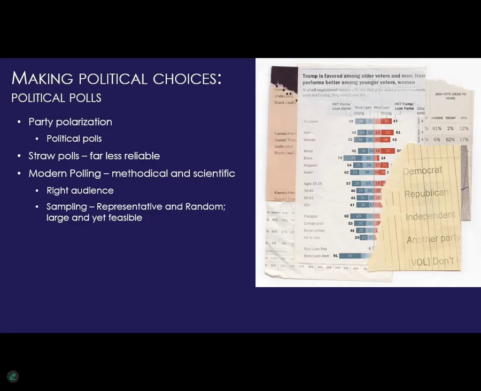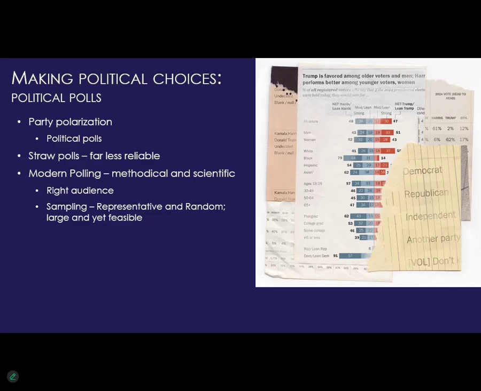And then my sampling certainly would not be the right size. My class, or your class, only has about 20 students in it, and that's a little bit too small. I couldn't generalize very well from just the opinions of 20 students if I'm trying to look at college students as a larger group. So a modern poll will have representative and random samples of a critical threshold size, the